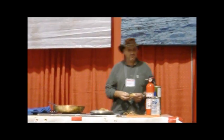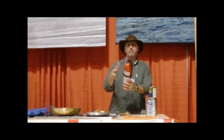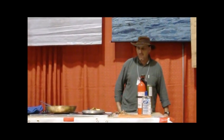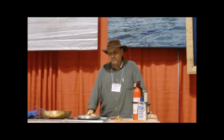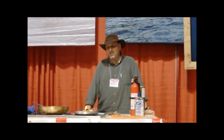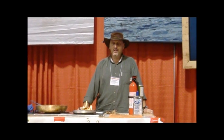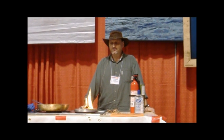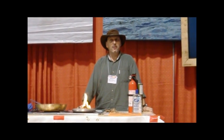And there we go. Simple as that. Whoa, those are hot. Holy mackerel. I might have to use that extinguisher. Give it a second or two. So using steel wool, a flint sparker, and some potato chips, you can have a nice easy fire in 2 seconds. And the reason I'm showing you this, besides the fact that I have a really nauseating sense of humor,